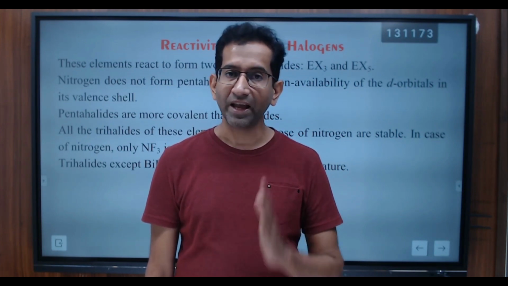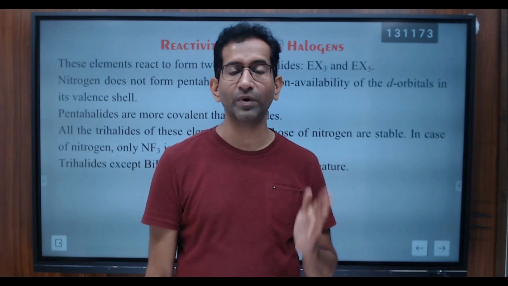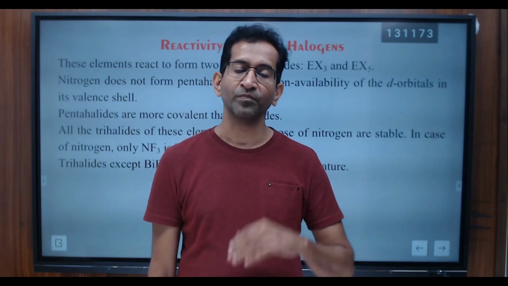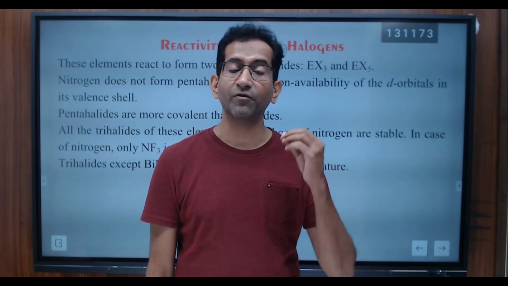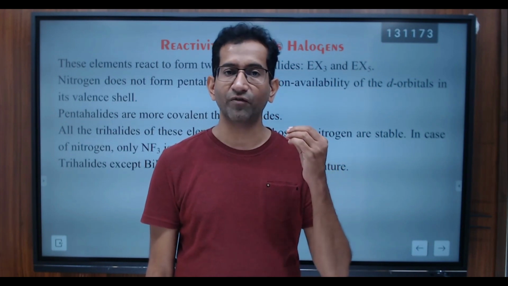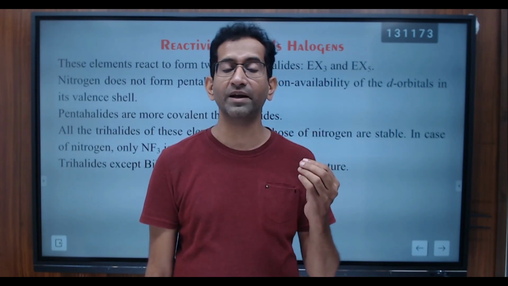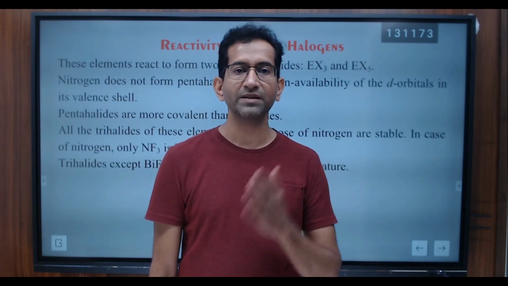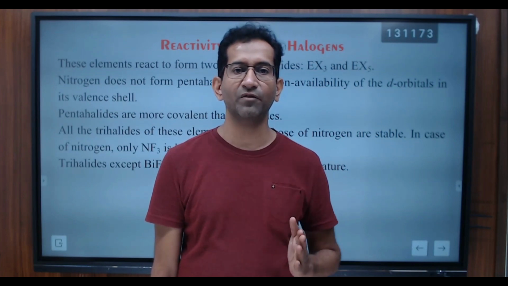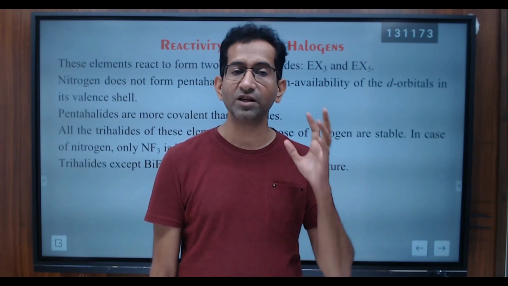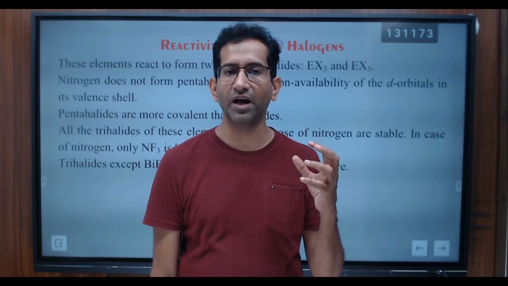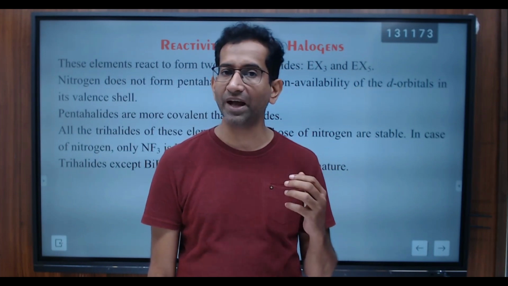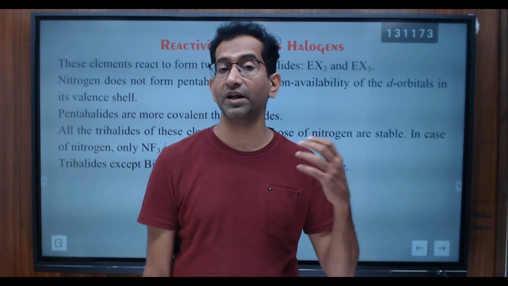In this also, a pentahalide will always have more covalent character as compared to a trihalide. Why so? Because if it is a pentahalide, the central atom has a 5 unit positive charge. If it is a 5 unit positive charge, it has more tendency of polarization. Let's take PCl3 and PCl5. PCl3 has phosphorus +3, PCl5 has phosphorus +5. Phosphorus +5 has a higher positive charge, so it has a higher tendency to polarize the electron cloud of chlorine, and for that reason the molecule becomes more covalent in nature.